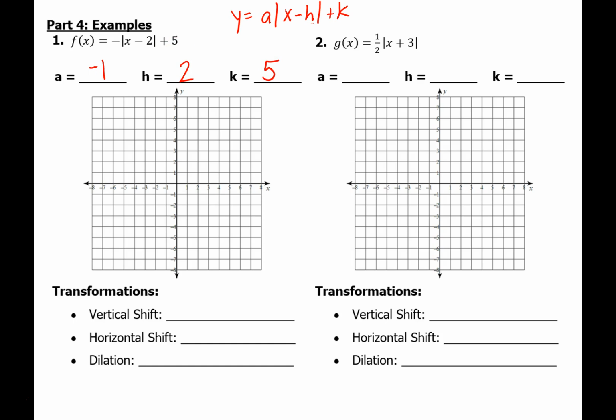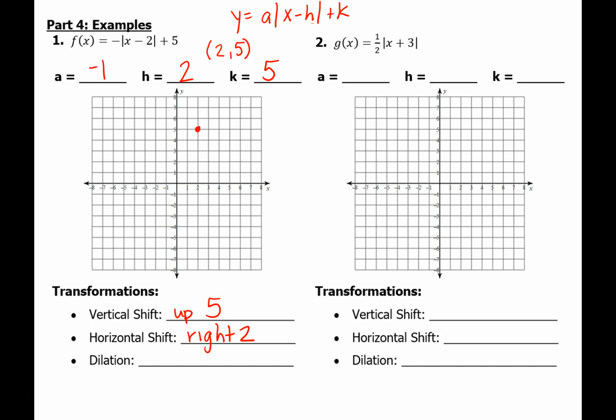So that's +5. Now, with that, I know that the h value is going to be my horizontal shifts and the k value is going to be my vertical shifts instead of 0, 0. So that means that my vertex is going to be at h, k, 2, 5. So my vertex is going to be here. The h value moved it horizontally right 2 units, and the k value moved it vertically up, oops, up